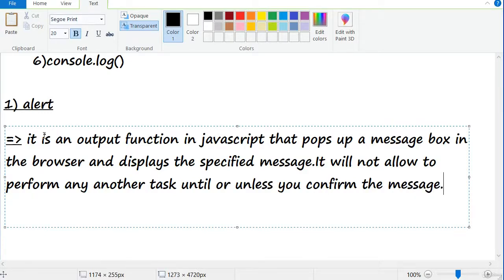It is an output function in JavaScript that pops up a message box in the browser and displays the specified message whatever we have written. It will not allow you to perform any other task until or unless you confirm the message. How can you confirm the message? By clicking on OK.